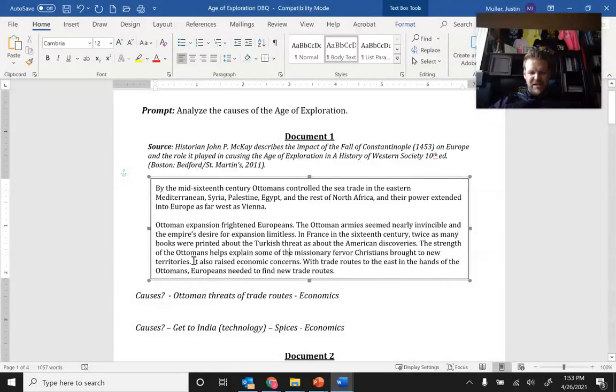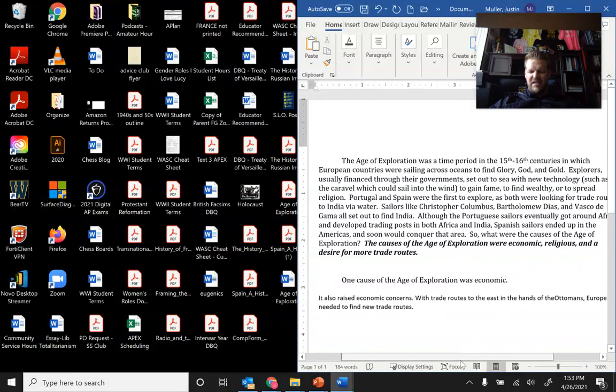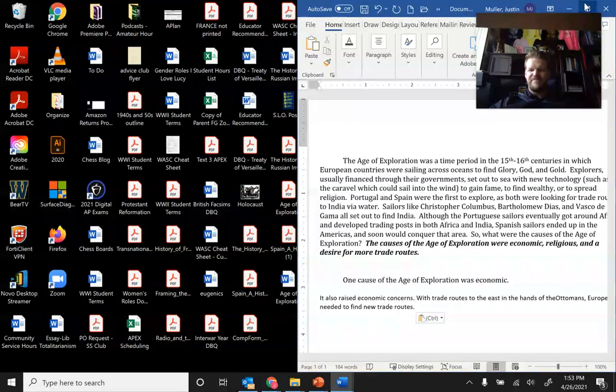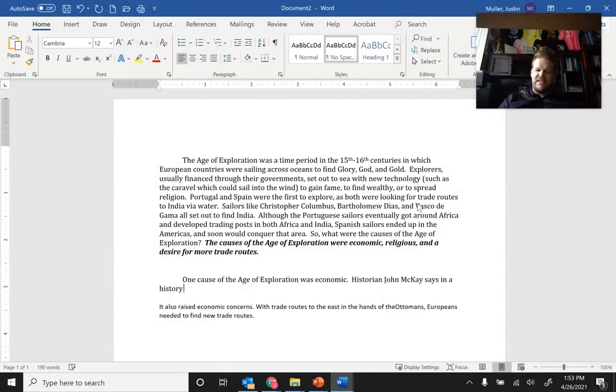So I'm going to copy this and I'm going to cut it and then I'm going to paste it. This is just going to help me with my quoting. Sorry for the jumping back and forth to Windows, but I need to use a document to explain why economics is a reason. So, historian, I think his name was John McKay, right? Says in a history textbook that the